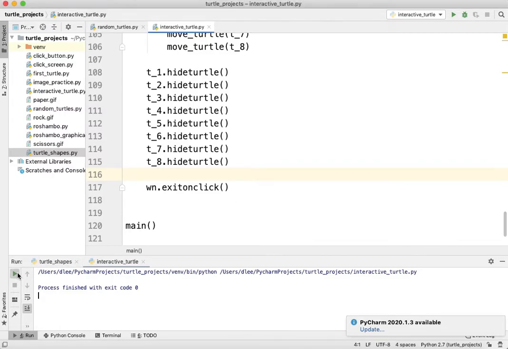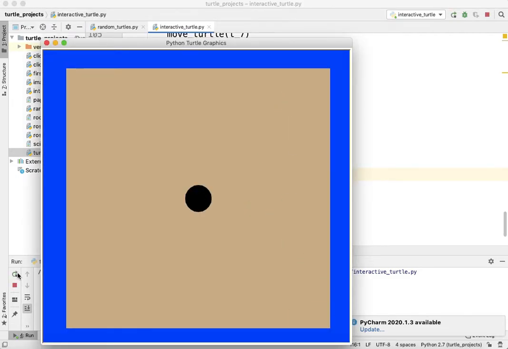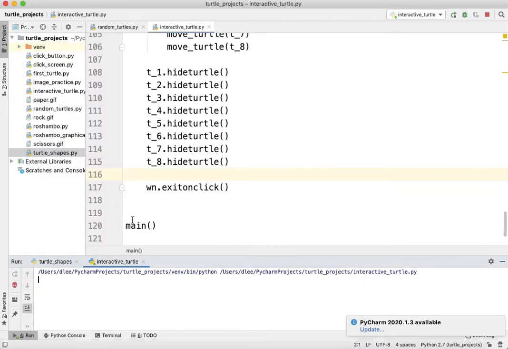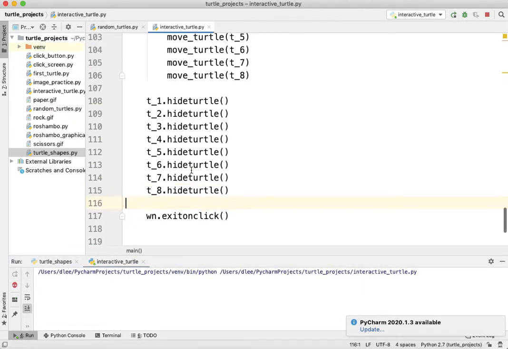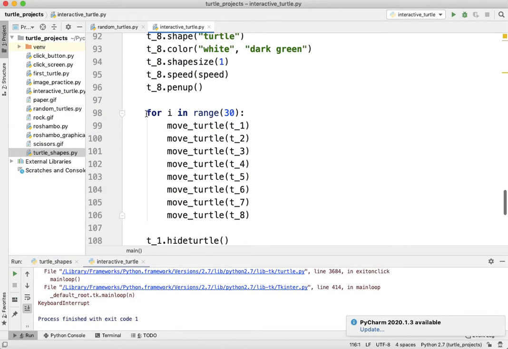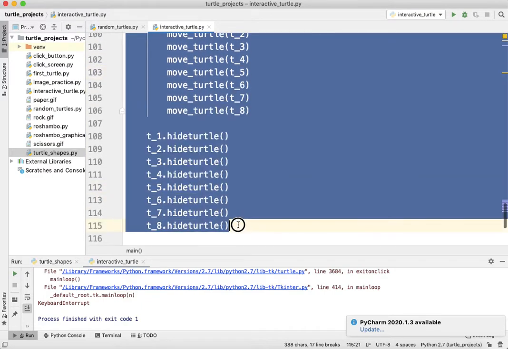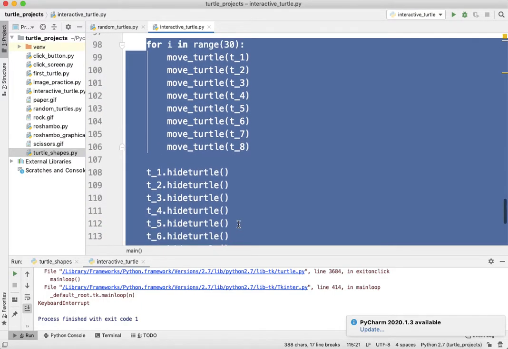So now that we have our project running, what we want to do is have our turtle appear in the center of the screen. Okay. And when is that going to happen in our code? Well, this for loop and all of these hide turtles are us getting the turtles to crawl off the screen